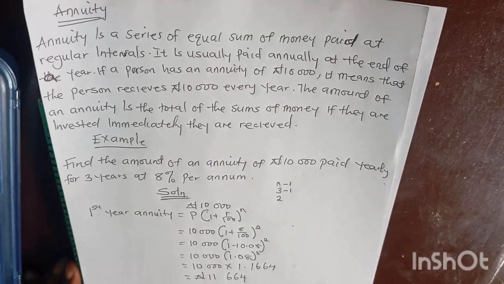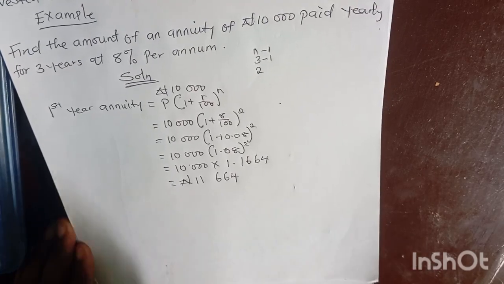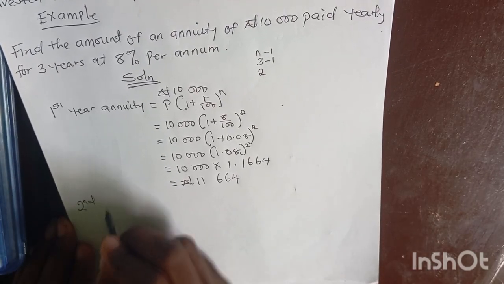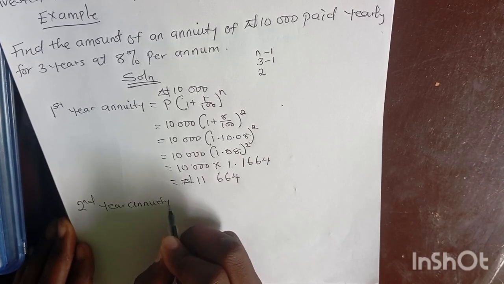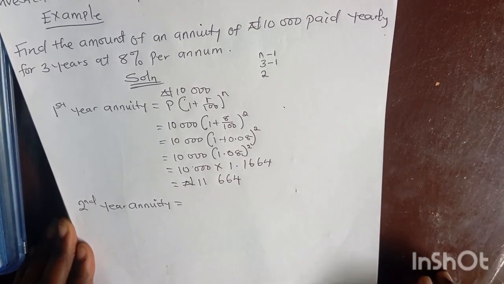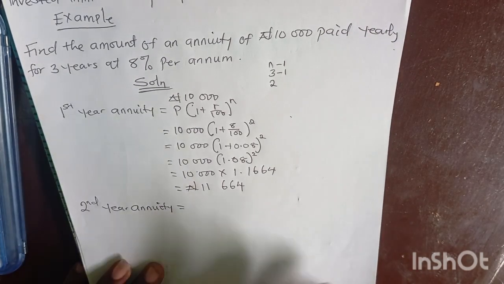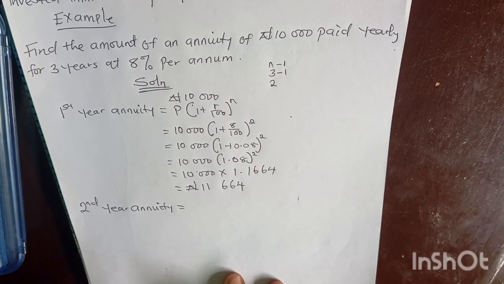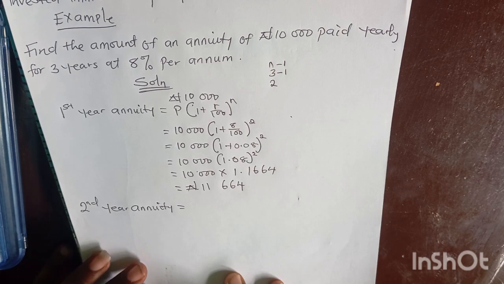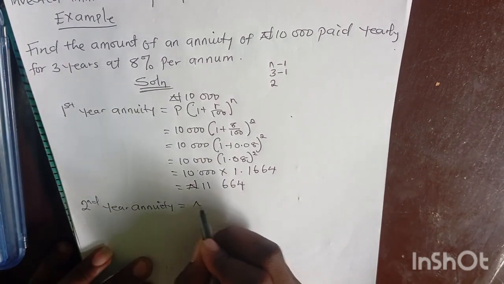Then going for the second year now. Based on our formula, the second year annuity is equal to, applying the same formula that we have here, but you know that the power keeps on reducing. The power keeps on reducing. So you know that our main money here is what? The second year annuity is still